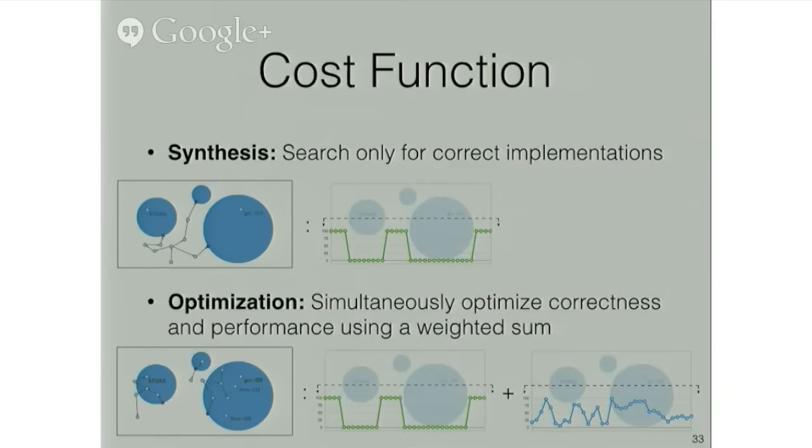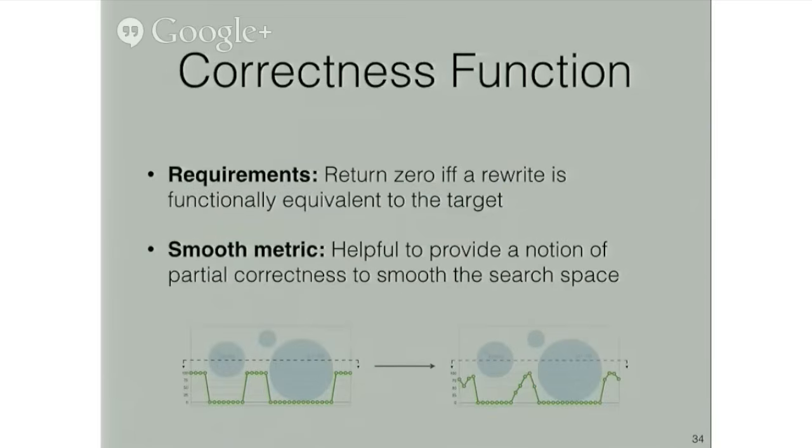And for optimization, which is a search for the best rewrite in each of those regions, we use a cost function, which is a weighted sum of both correctness and performance functions. And it's combining these two functions that allows the search procedure to trade correctness against performance and to experiment with these shortcuts that I mentioned a second ago through temporarily incorrect implementations. I'll talk about our implementation of both of these functions in turn. In both cases, as I suggested, the primary design criteria was computational throughput. And that's because, again, MCMC sampling works only as well as it's able to maintain a very high proposal throughput.